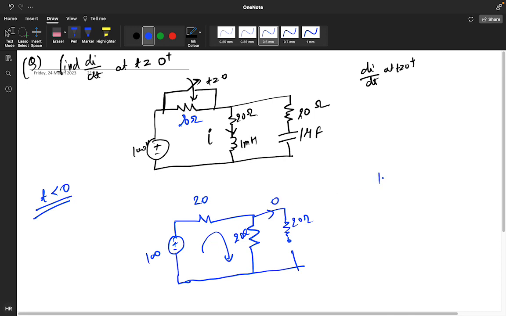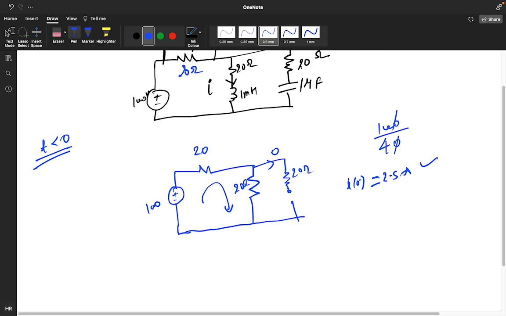So what current will flow? 100 divided by 40, so 2.5 ampere. I of 0 minus, we are getting 2.5 ampere. Okay, no problem. And what is the voltage across this capacitor, VC0 minus? So 2.5 ampere current is flowing in this, so 2.5 into 20,